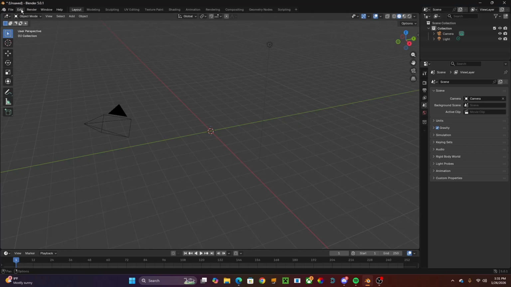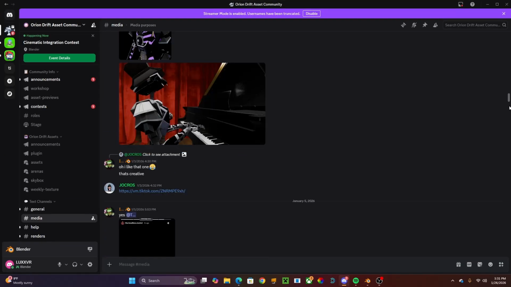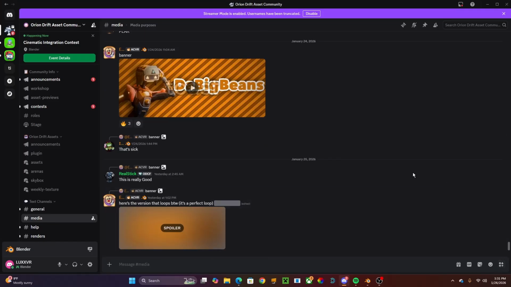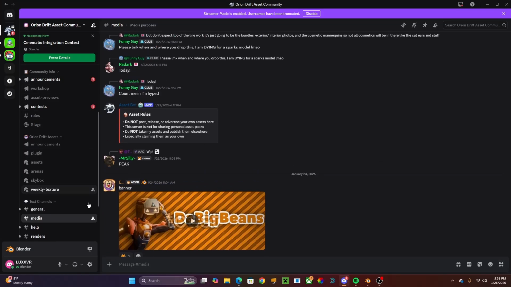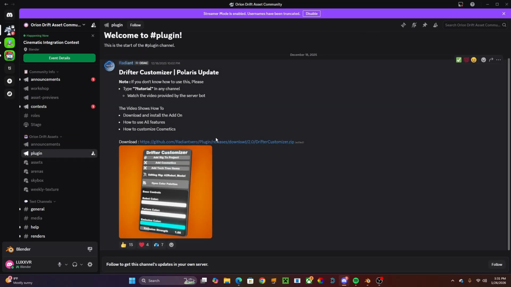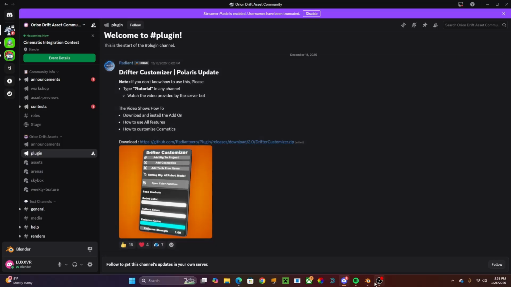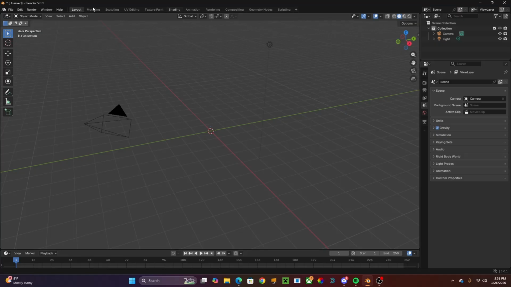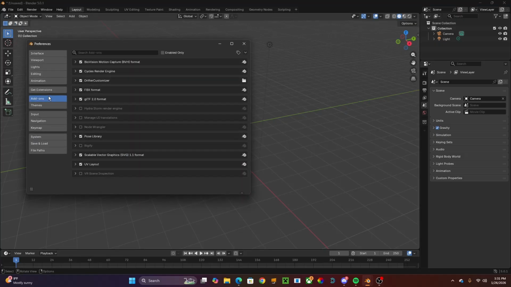I will link the Discord for this down in the description. Just scroll down to the plugin. You're going to need to download this. This is what you need to download right there. When you're in the Discord, download that, and you're going to want to go to Edit, Preferences, Add-ons,